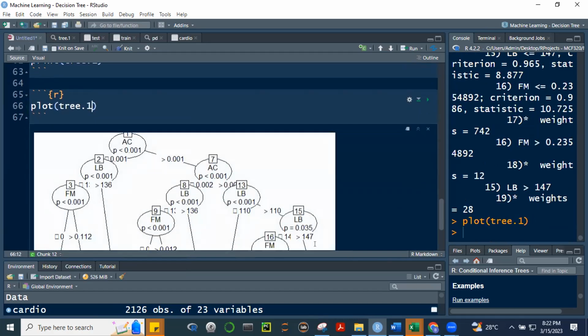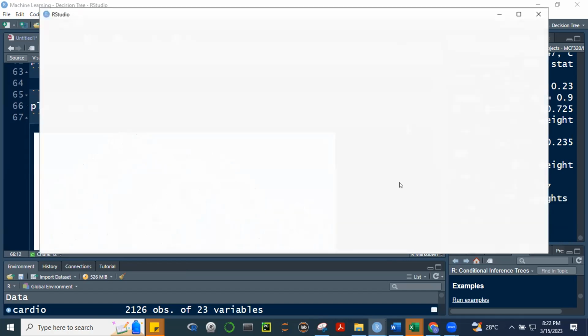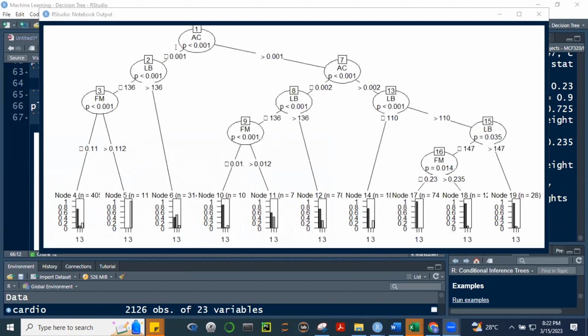Tingnan niyo yung plot na to. Yan. So ito yung model, no? This is the model. Yan. So ito, naka-round off lang siya, no? Ito magsisimula if AC is less than 0.001?